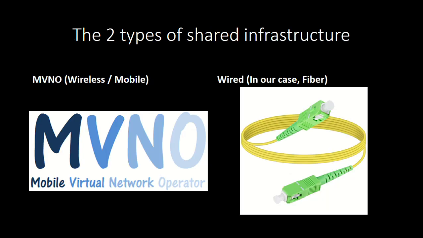So, basically, there are two types of shared infrastructure. We have MVNOs, which is wireless, and we have the wired, which is fiber. Right? Not speaking about Epic, this is mainly for digital and flow. On the MVNO side, we have mobile virtual network operators. So basically, you can go to the NTRC, apply to be an MVNO operator, and then talk to the providers, and they'll split spectrum for you, which will give you access to the network, whether you use their SIM cards or your SIM cards.